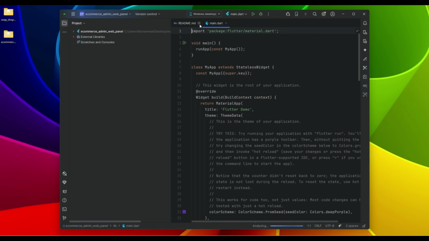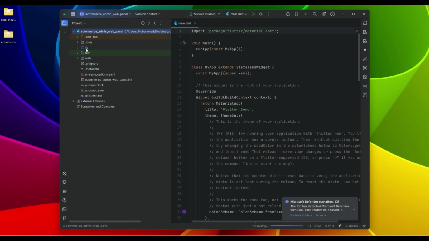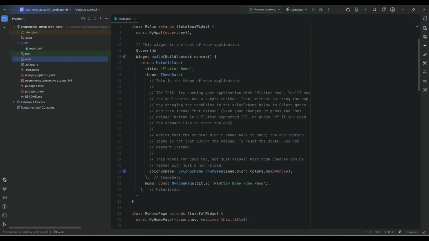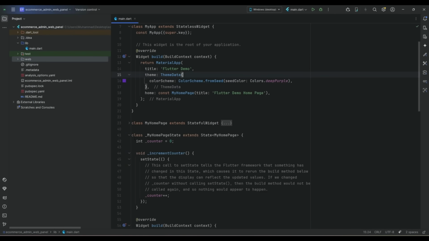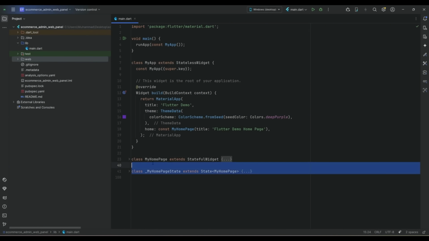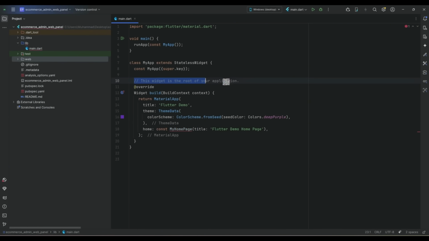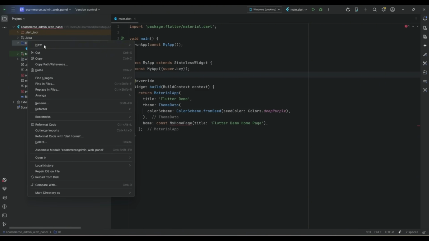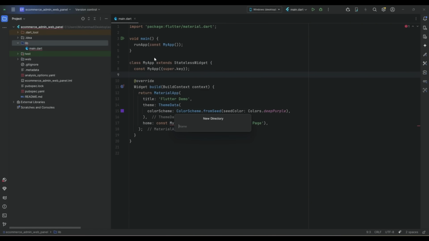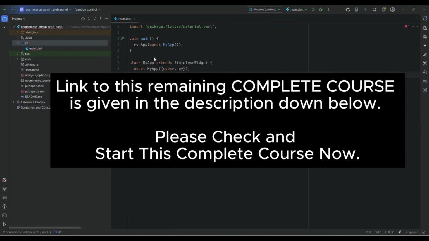Project has been created. Make sure that from here you select project. If you expand this, here we have live.men.dot as it is only for the web. Now quickly remove the comments, the default code, right click on lib, new, let's create a new folder by the name views, and we will create our first